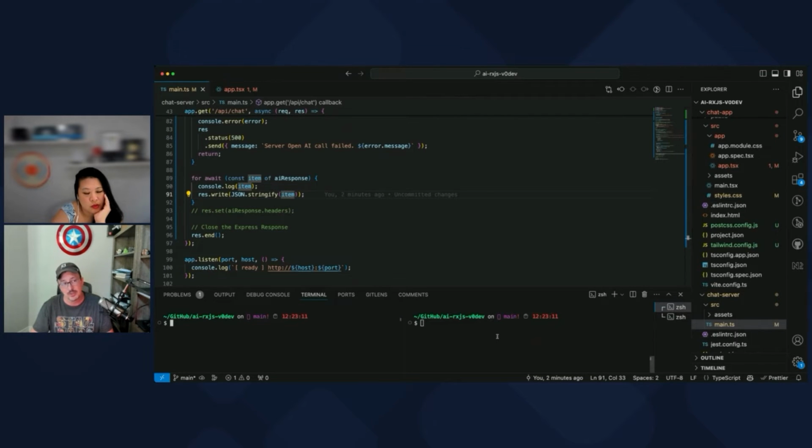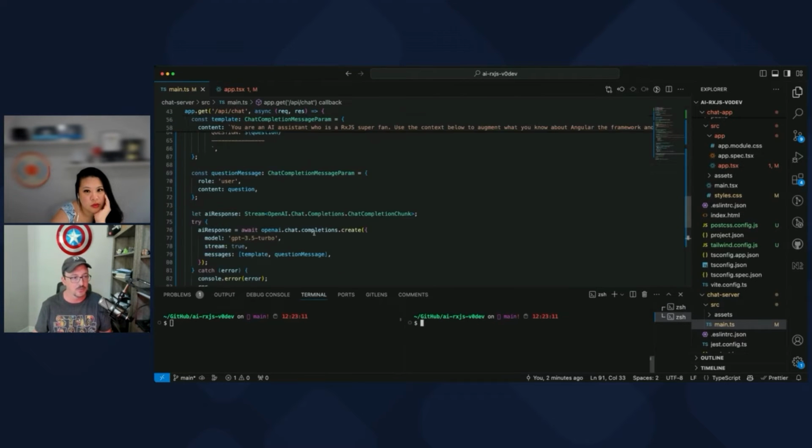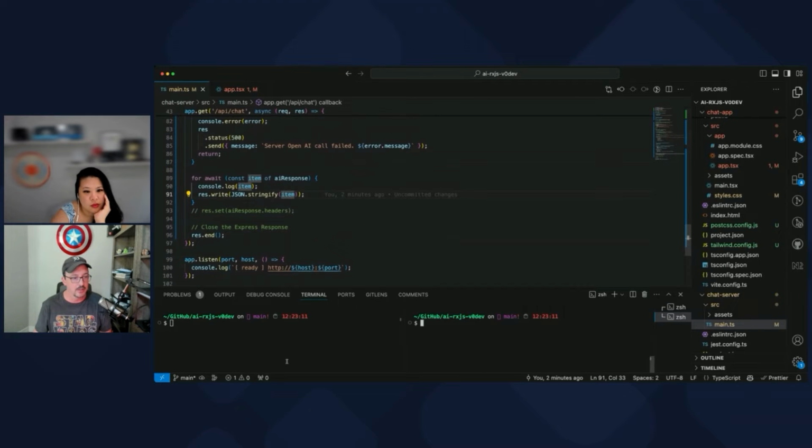The other thing we could do is server-sent events, but those are limited to some degree. They're not bidirectional. And we probably want bidirectional: you send a chat message, this sends something back. You send a chat message, this sends something back. So I'm going to change this. And I'm going to change this.